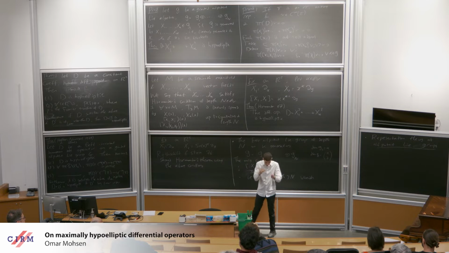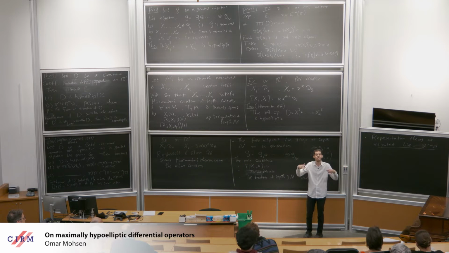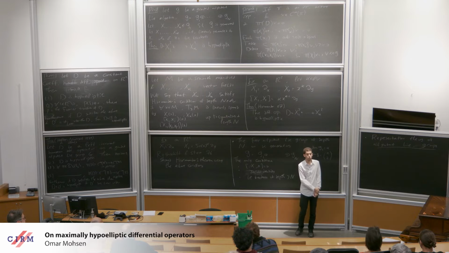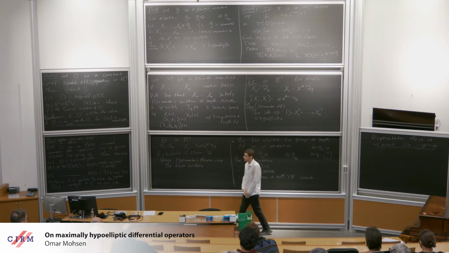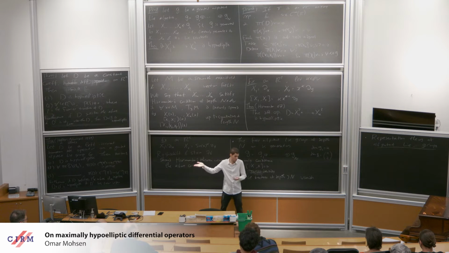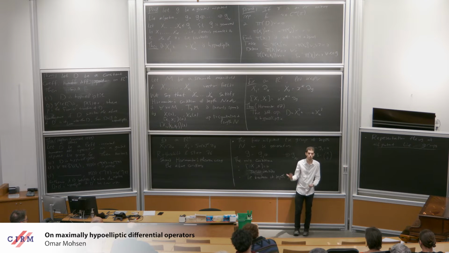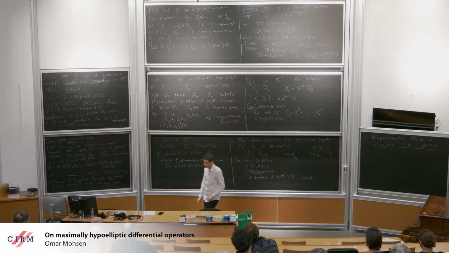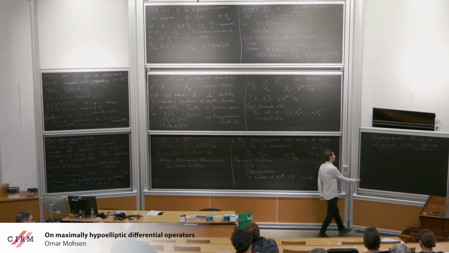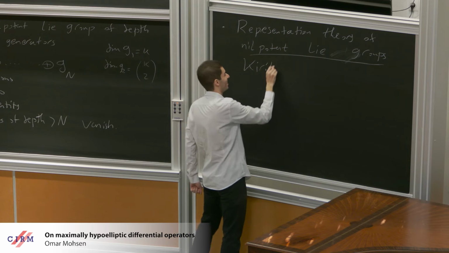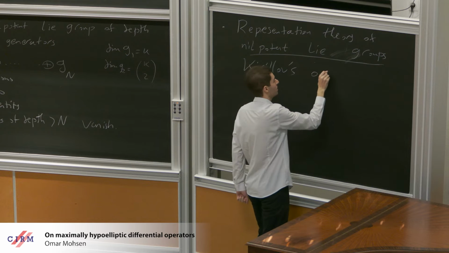They didn't say there exists a set of representations. They actually gave a formula for this set. And to describe this set, I have to tell you that we know how to classify representations of nilpotent Lie groups. This goes before Helfer and Nourrigat, and it's Kirillov's orbit method,